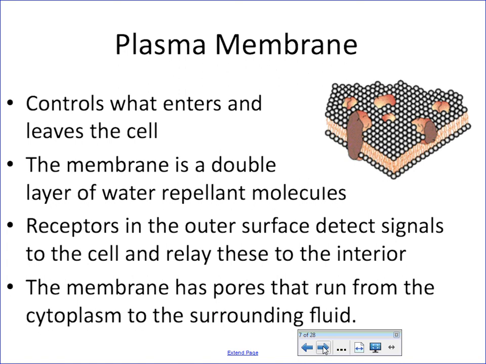So the plasma membrane controls what enters and leaves the cell. The membrane is composed of a double layer of water-repellent molecules. The following diagram shows that cell membrane. So, the two layers of water-repellent molecules,